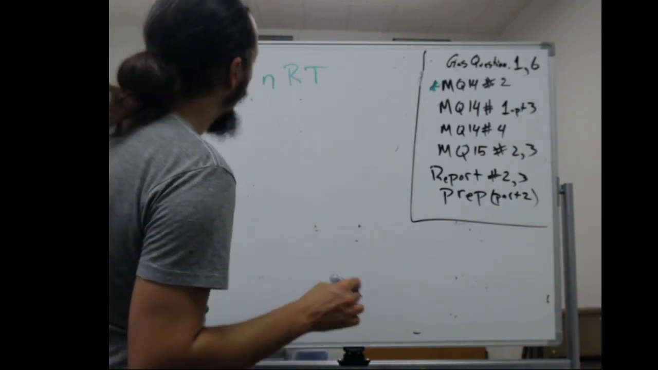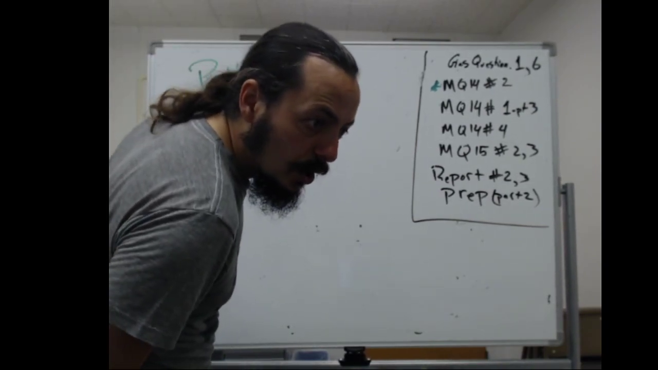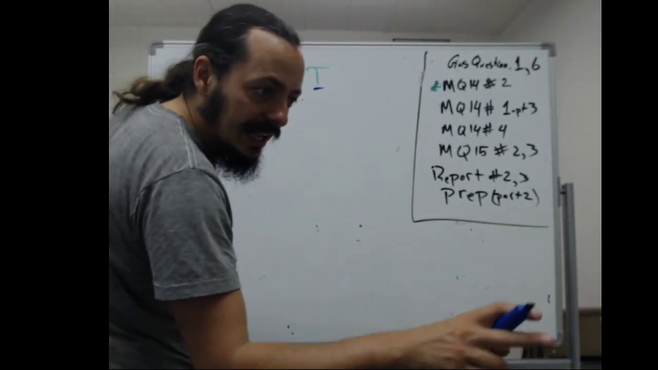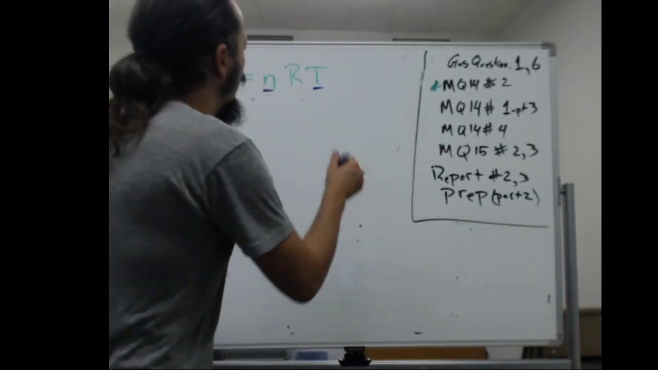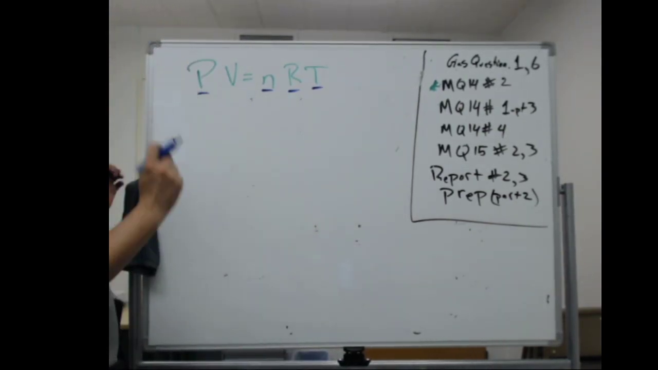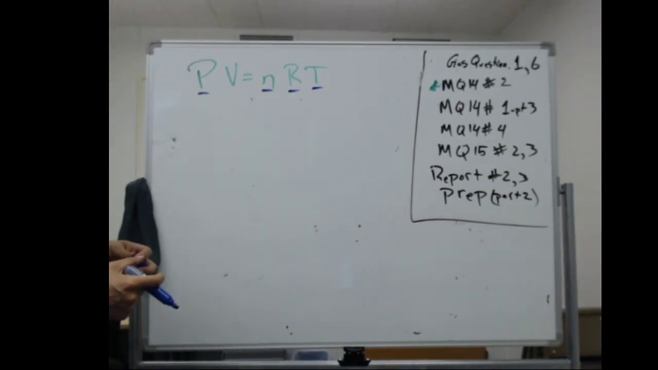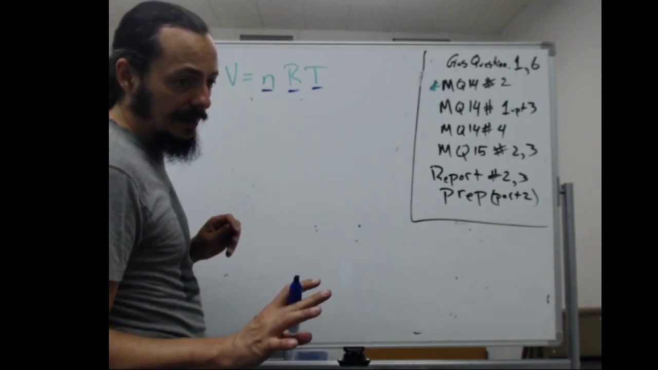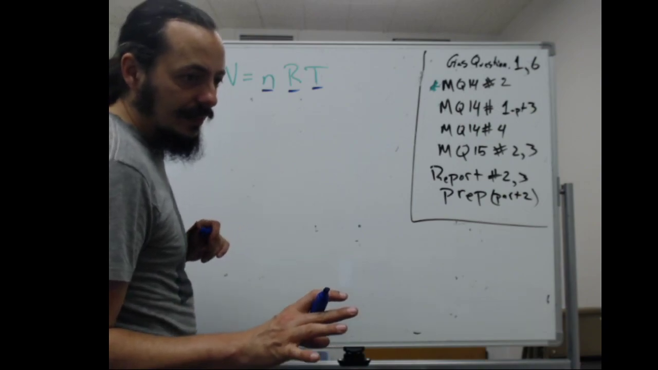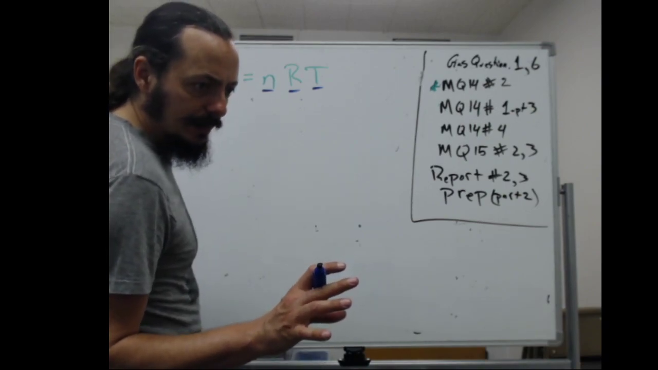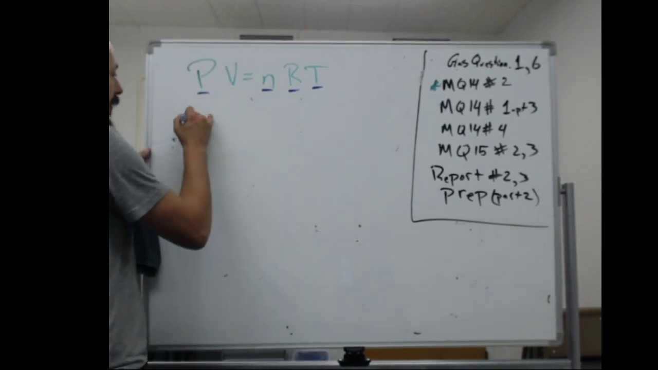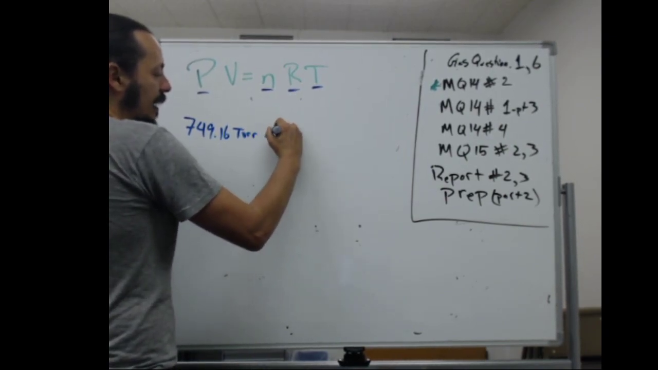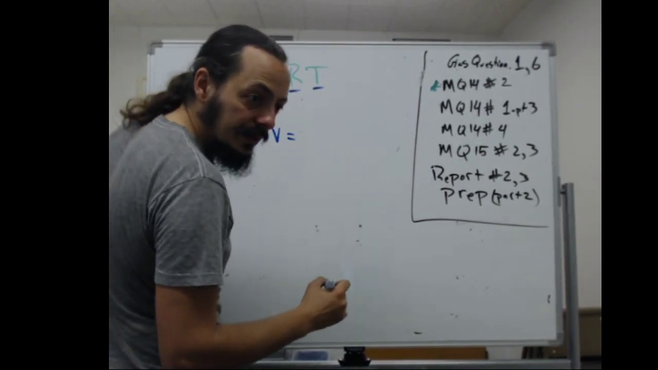And in this problem, we're told the number of moles, so we've got our n. We're told the temperature, it's a cold container. We're told the pressure, and of course, we know the gas constant. So the only thing we don't know is the volume in this case. So the part we have to be careful about in this one is unit analysis. So if we just went ahead and plugged in the numbers, 749.16 torr times volume equals